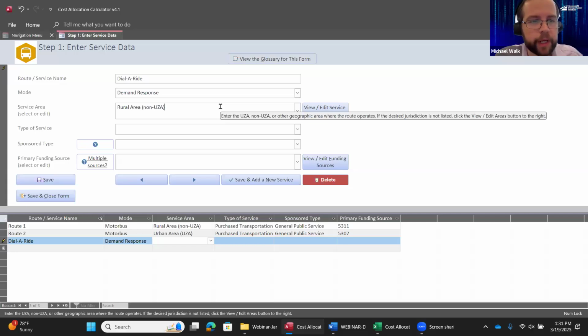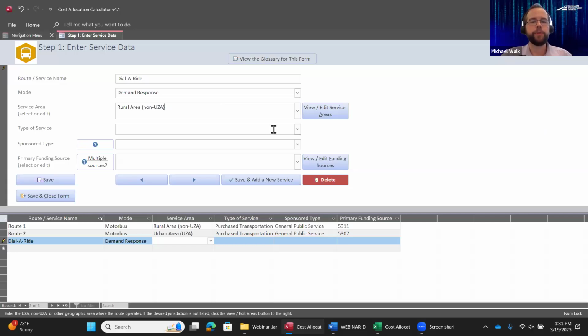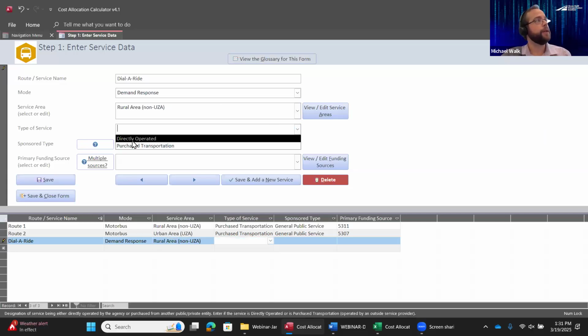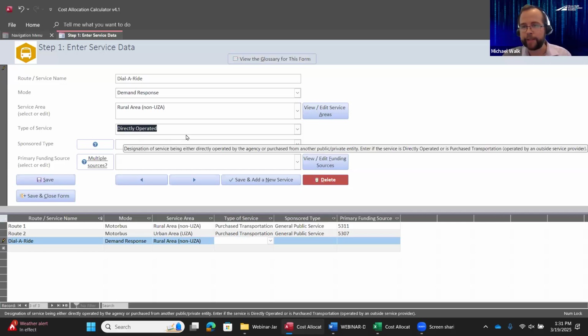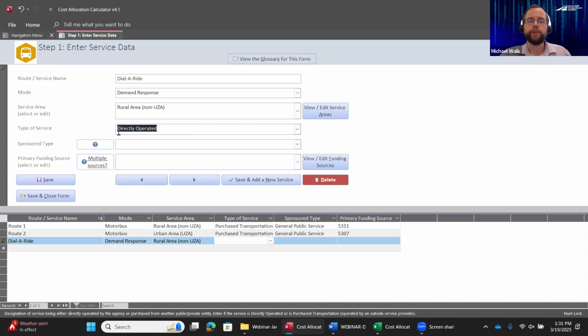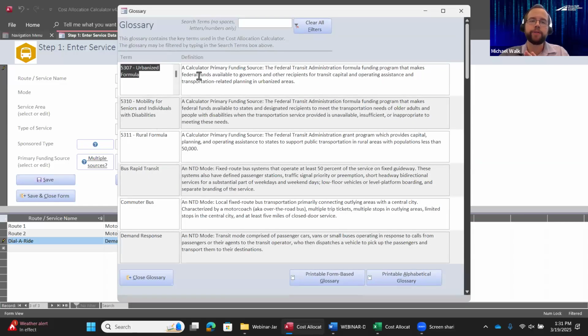So we're going to check our service area here. For this one it is rural. This is a directly operated service. Again, this is just hypothetical. I'm kind of making this up for our example. If you don't know the definitions of these terms, you can look at the glossary. This glossary is available in both tools to try to find out, well, what does type of service mean? And so you can actually view the glossary for this specific form and find the term